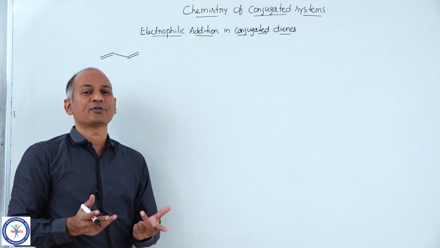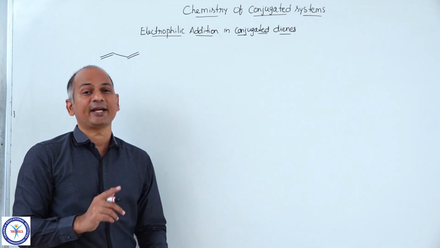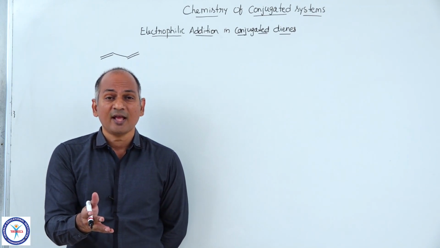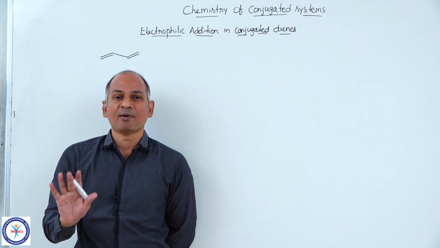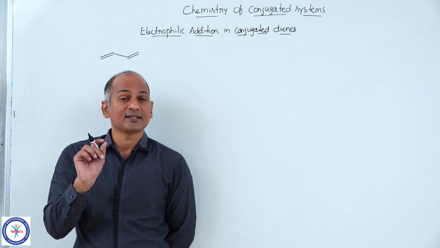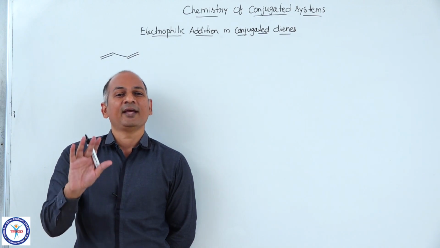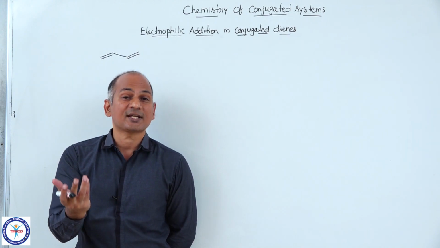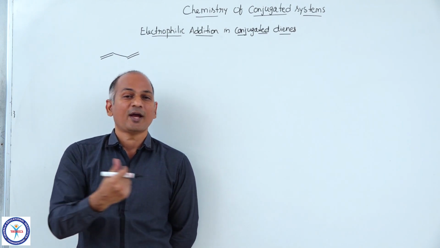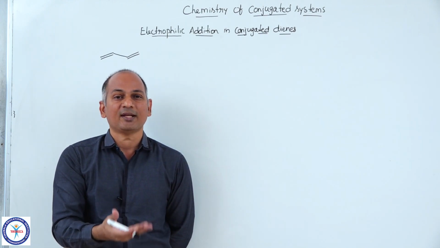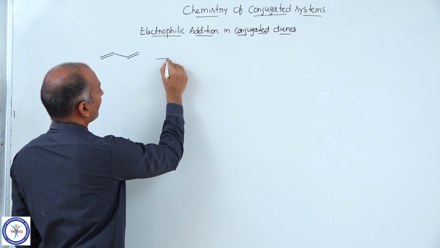In fact, logically they should be exothermic because entropy change delta S for an addition reaction is negative. There will be loss in entropy because it is an addition reaction. Generally there are 2 moles of reactants and 1 mole of product. Of course, there may be some exceptions. So unless enthalpy change is highly negative, there is no way an addition reaction can be spontaneous. How can you make delta G negative? Delta S is already negative, so delta H must be largely negative. Keeping those fundamentals in mind, let us proceed.